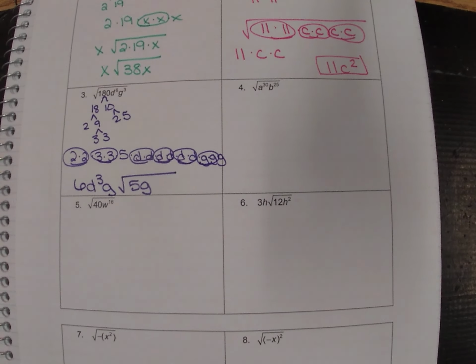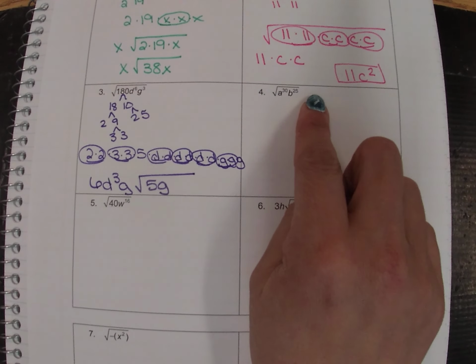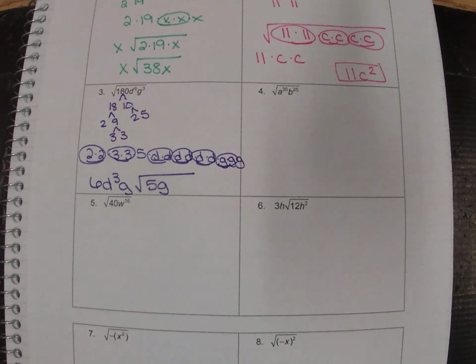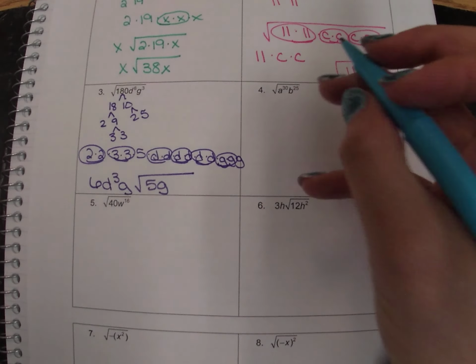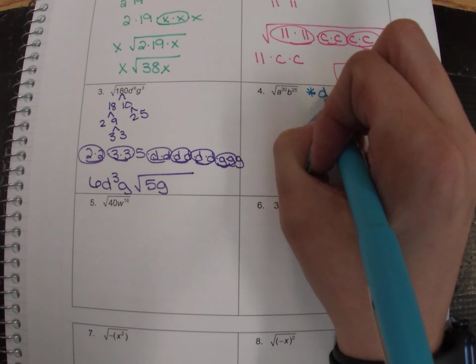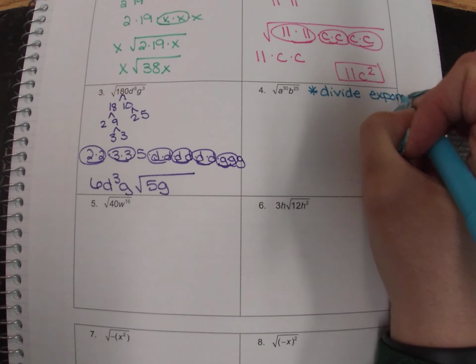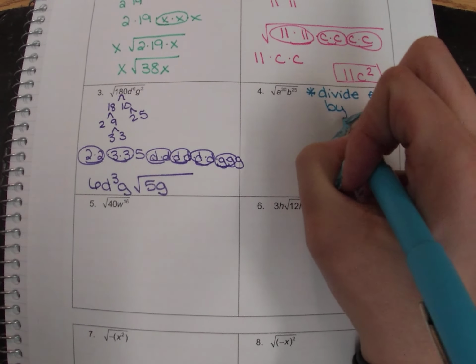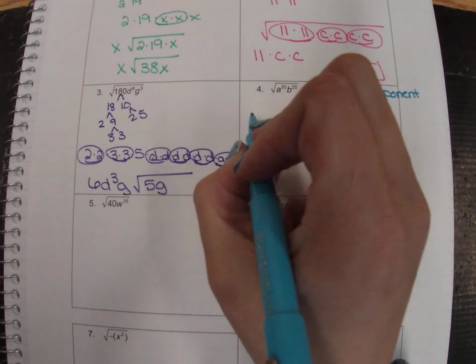Because pairs is the same idea as dividing by 2, which means when you have really large numbers inside your square root, okay, so we have an A to the 30th and a B to the 25th. So you have really large numbers inside your square root. Instead of writing that A out 30 times, you can really divide the exponent by 2. Right? That's the same thing as deciding how many pairs there are. So for my A to the 30th,